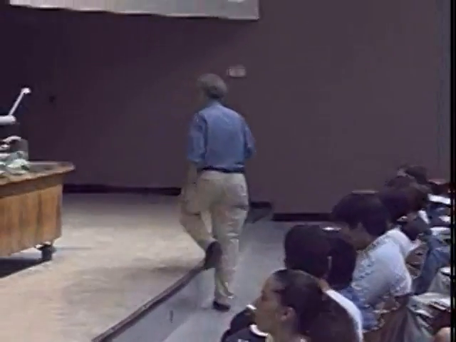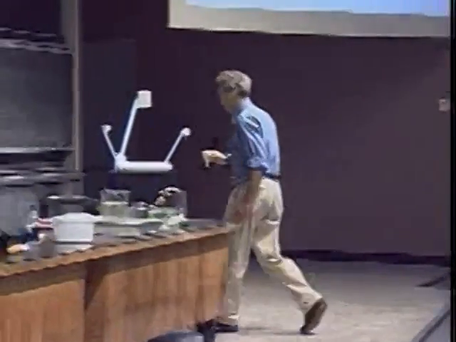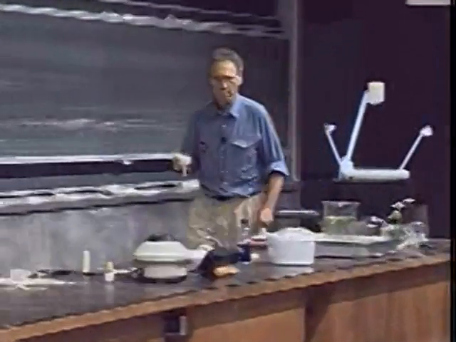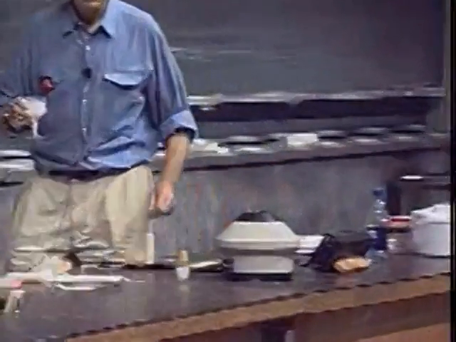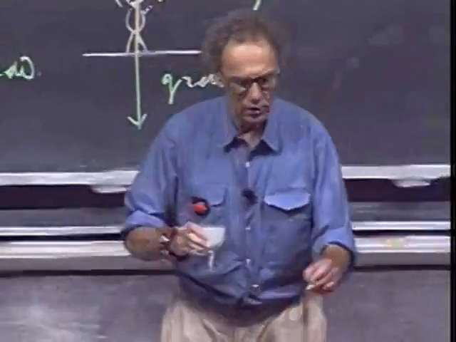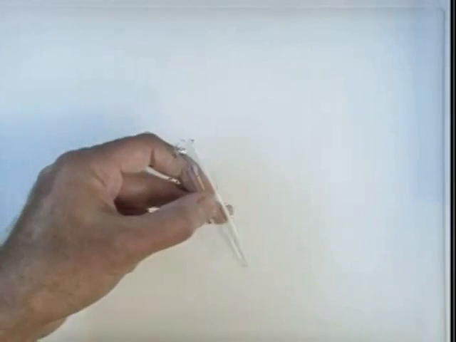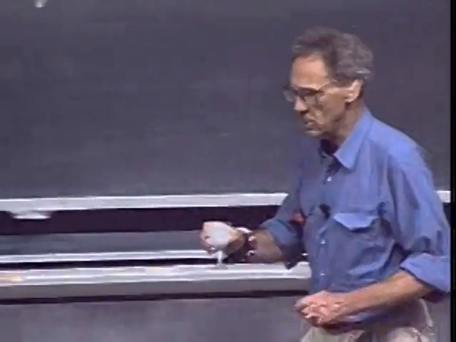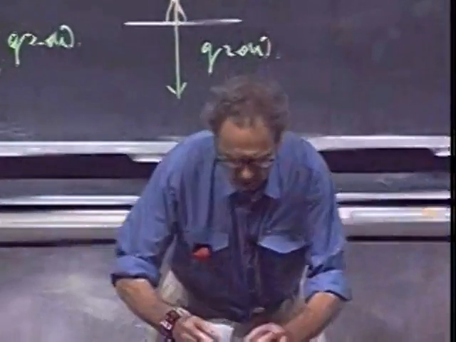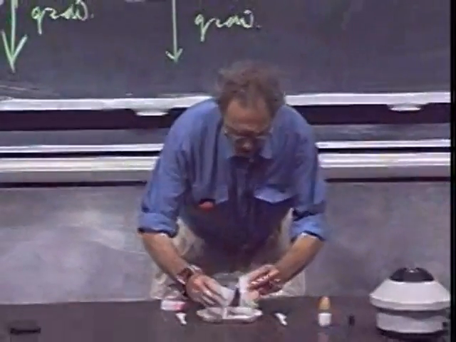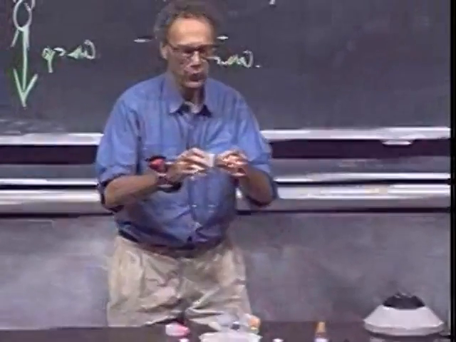So now we're going to put this in the centrifuge. I have to put it in a very small tube. I'll show you this small tube. There's no way that I can pour that in without making a mess. Here's this small tube. And so what I will do is I will first put it in a small beaker, and then from this small beaker I will transfer some of it